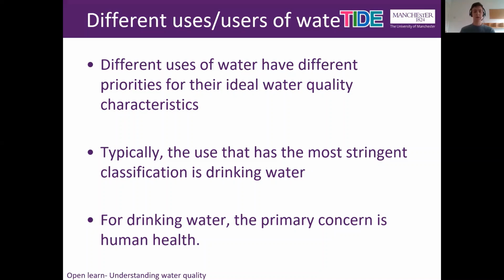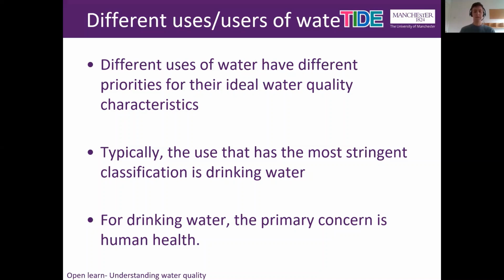Fish, such as bass, prefer warm water, whilst fish, such as trout, may not be able to reproduce or thrive in the same warm water, and thus need cold water. So for aquatic life, the temperature of water is an important characteristic, whilst temperature, in regard to drinking water, is not as important. Furthermore, often different uses of water may use the same water.